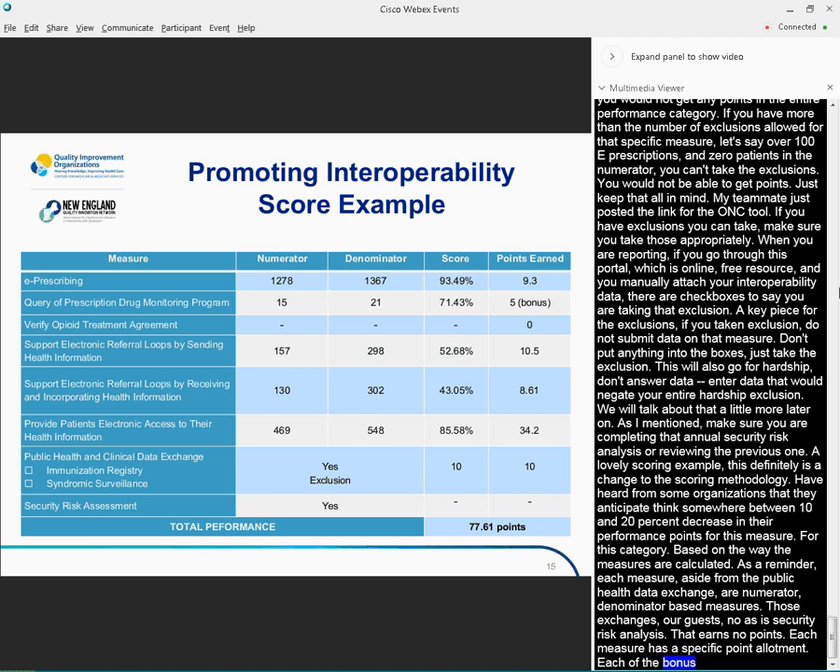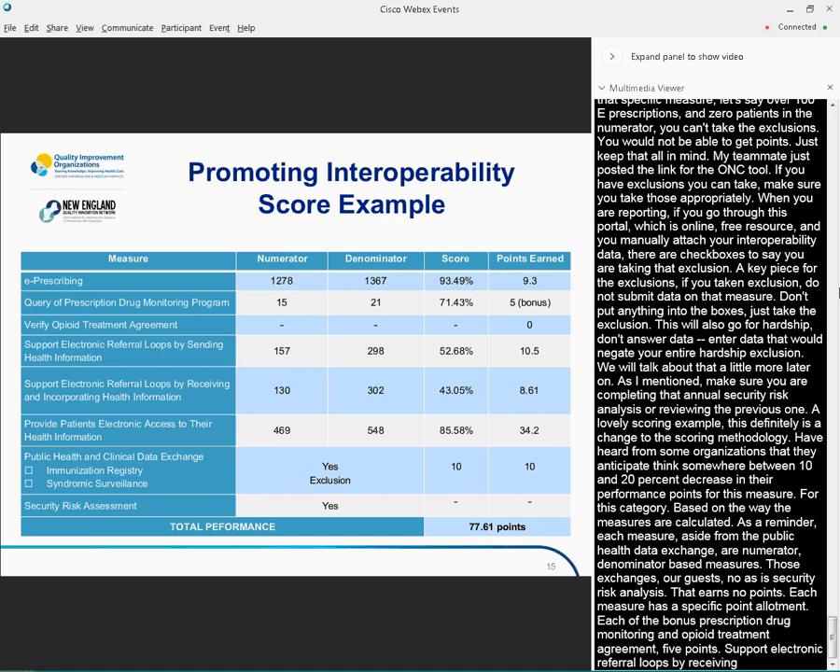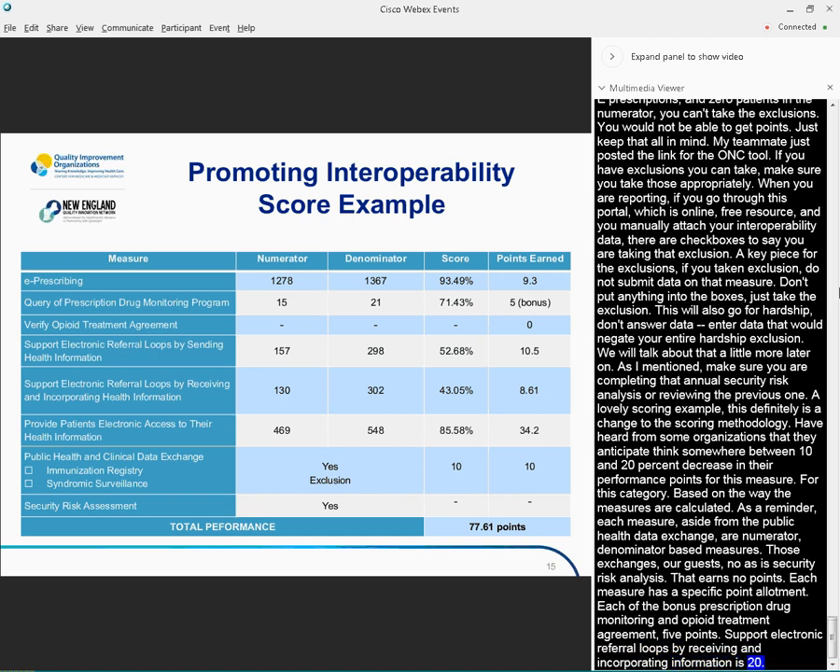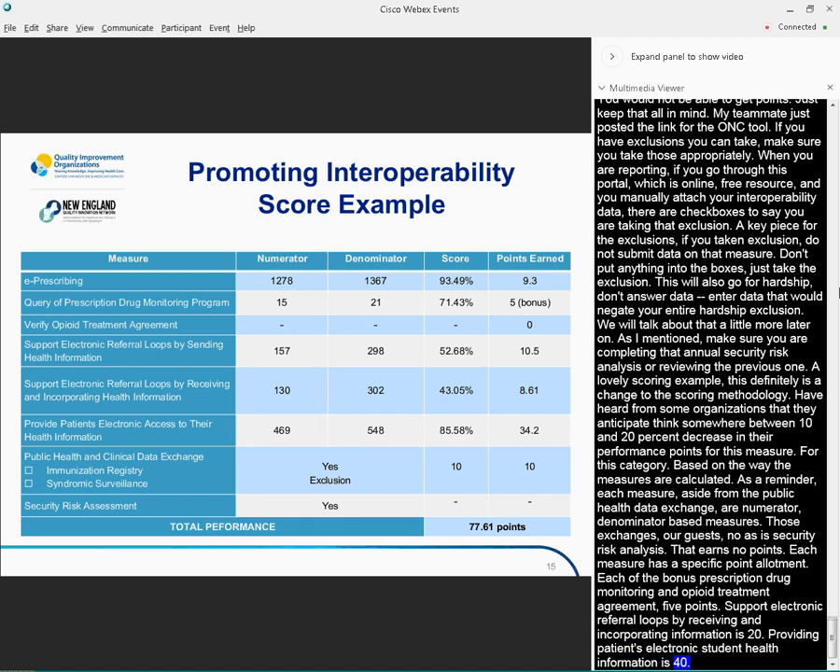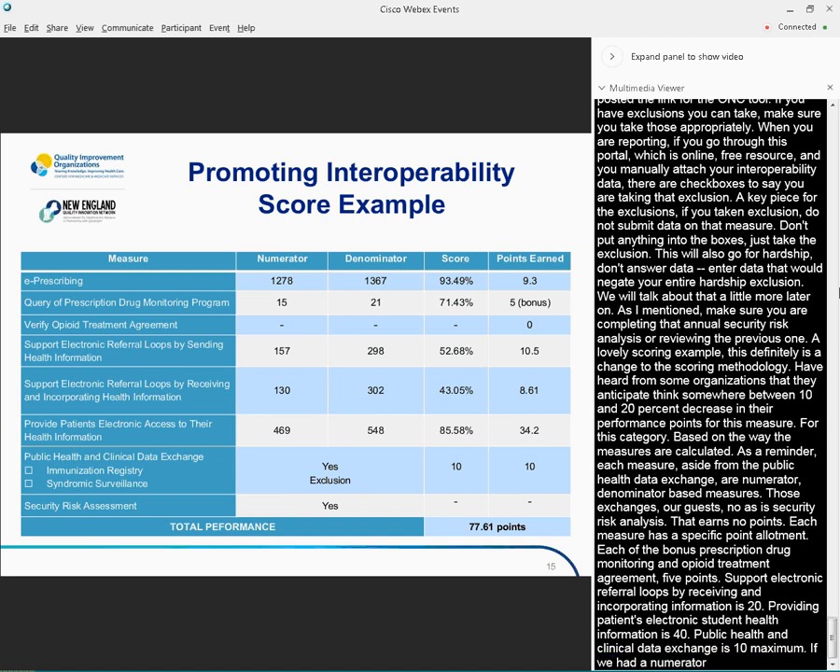Support electronic referral loops by sending health information is 20. Supporting electronic referral loops by receiving and incorporating the data is also 20. Providing patients electronic access to their health information is 40, and then the Public Health and Clinical Data Exchange is a 10 max. So, quick example, if we had a numerator of 1,278 and a denominator of 1,367 for EPrescribing,